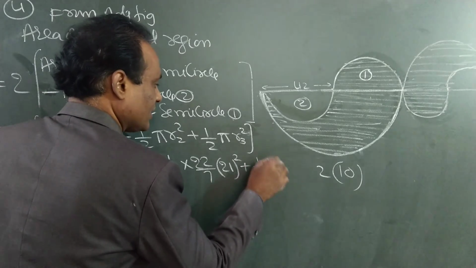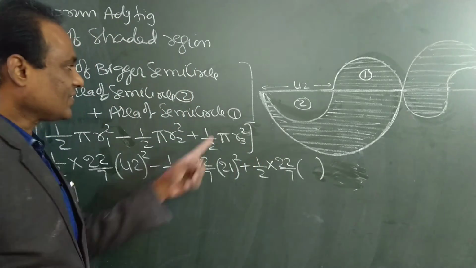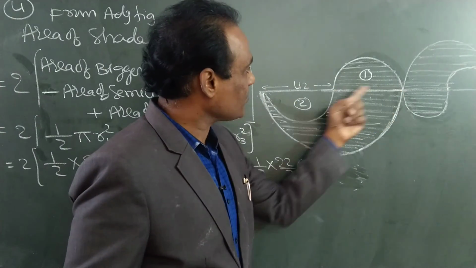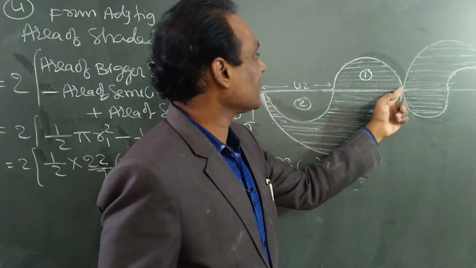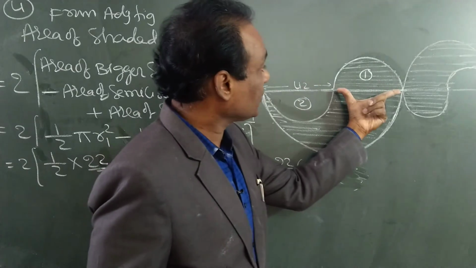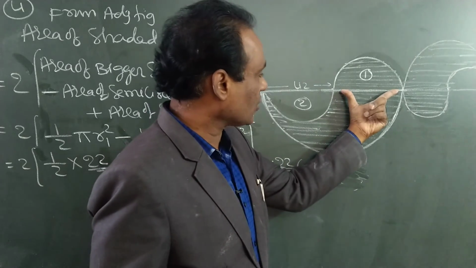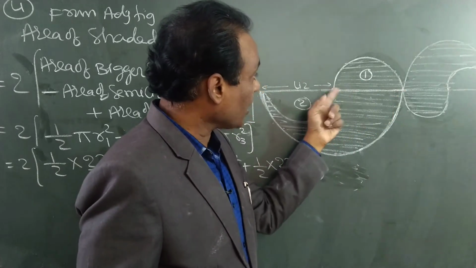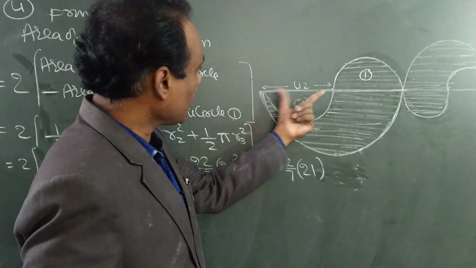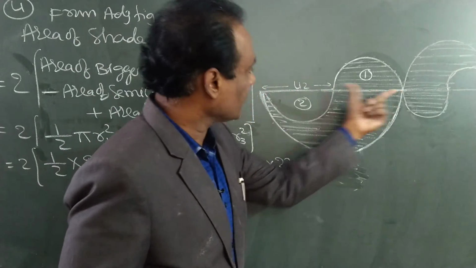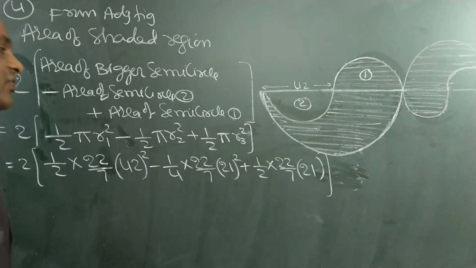Plus, again for this third one, half, 22 by 7. What is this third one? This semicircle, what is the diameter? Here to here how much? See, this is the bigger semicircle, radius is 42. If this is 42, this is also 42, because it is the center. Radius means all the distances are equal. This total is 42, so what is the radius? Half of it, 21. This radius is 21, this radius also 21. Complete step we got.